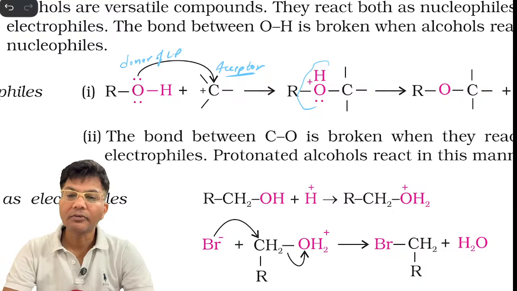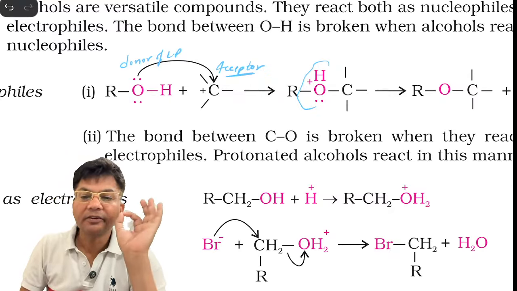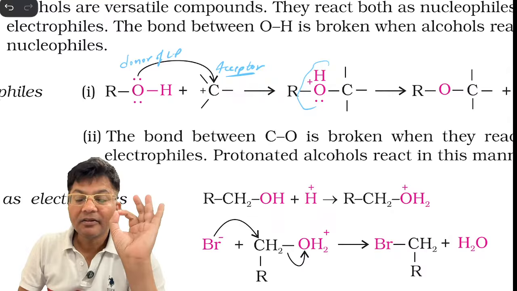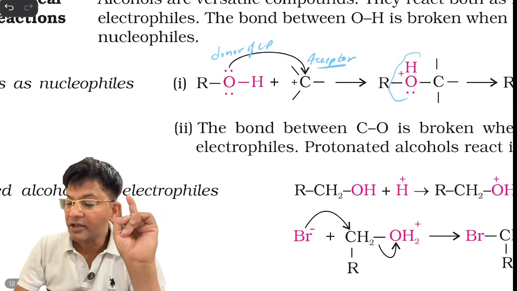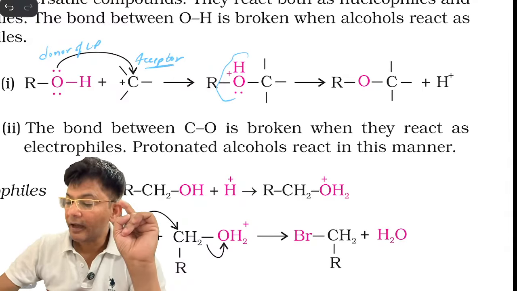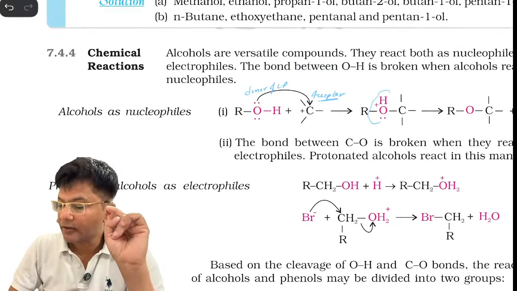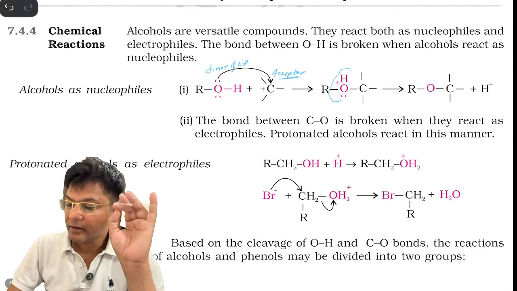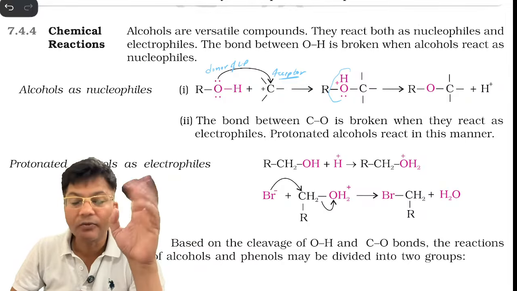My dear students, are you getting my point? Just do let me know. Kids, do let me know that whenever alcohol is behaving as nucleophile, then the bond between carbon and oxygen is broken and they react as this. Now I think this point is clear. Now I think when alcohol is acting as nucleophile or alcohol is acting as electrophile, when the bond is breaking,